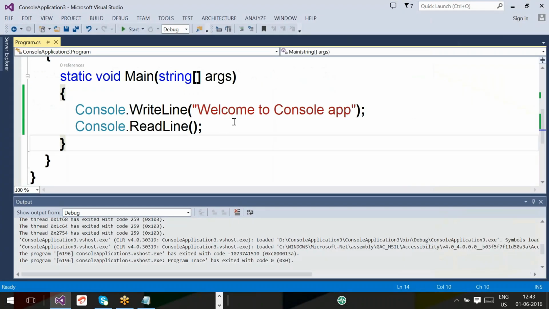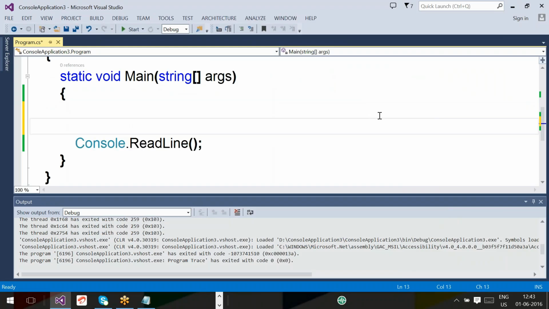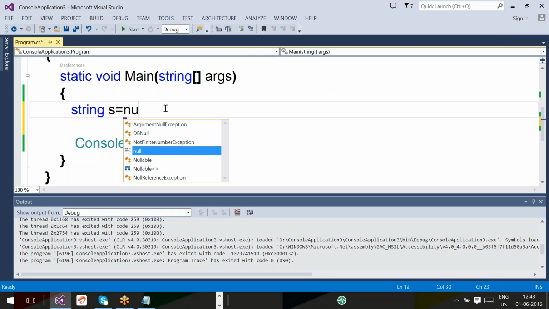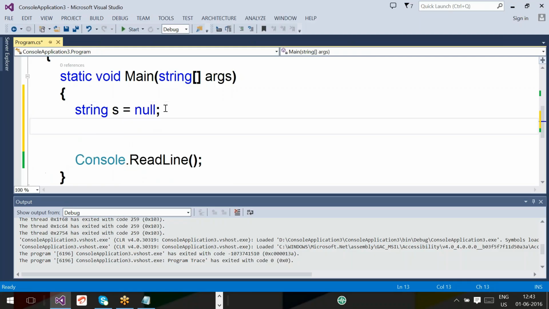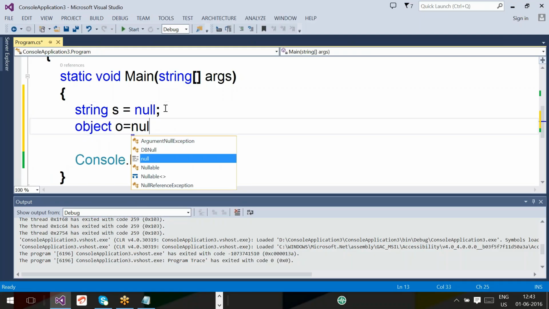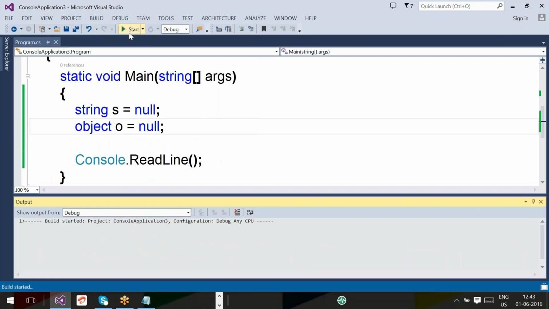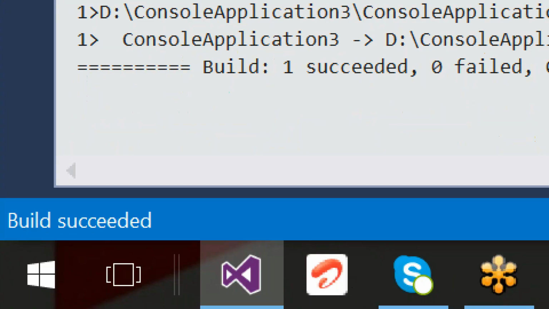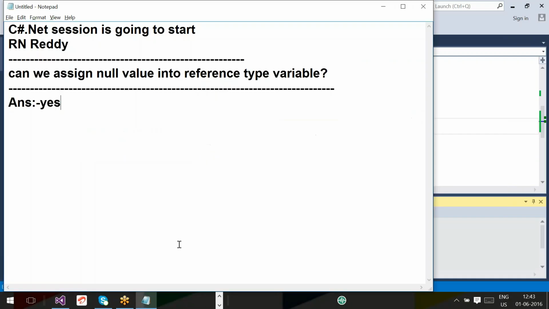What is the reference type actually? String and objects are reference types. We'll do one thing. String s equal to null. Object o equal to null. So let's see, is there any problem? Compilation, and we don't have any issue. So with this we identified that we can assign null value into a reference type variable,